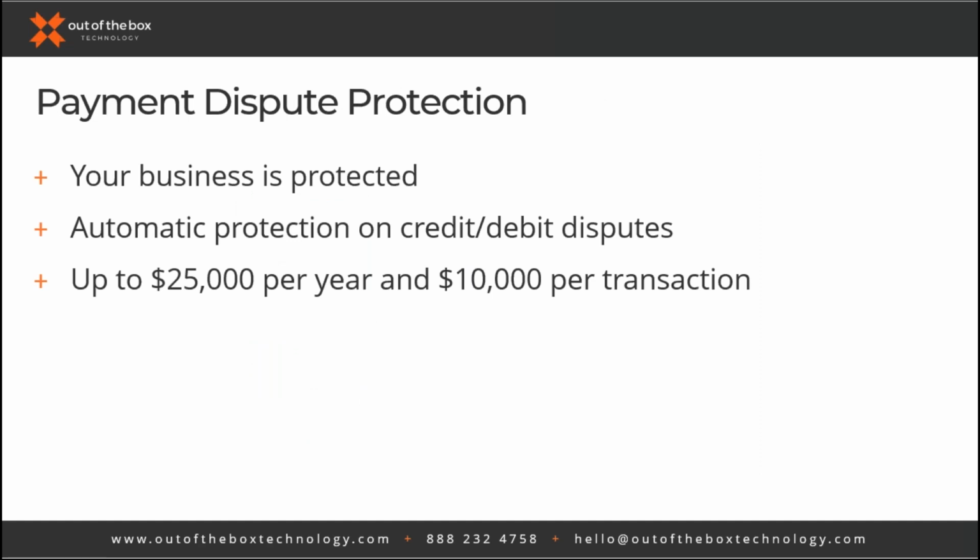Okay, payment dispute protection. This is something new with the new dispute and QB payments. Chargebacks are automatically forgiven with no action required by you. You do have to sign up for that. It's a 2-click enrollment. You don't have to submit any paperwork or evidence. They don't ask any questions. There is an additional fee of 0.99% on card transactions, and the maximum is up to $25,000 per year and